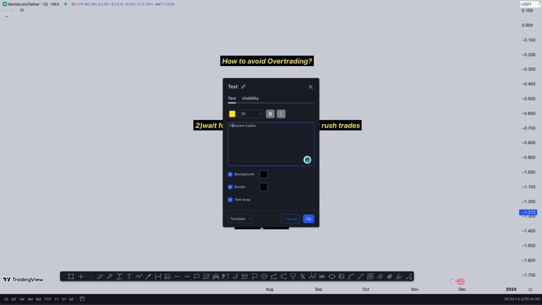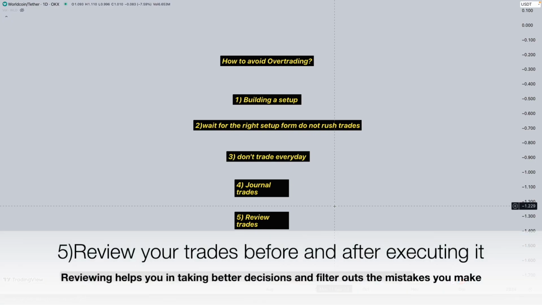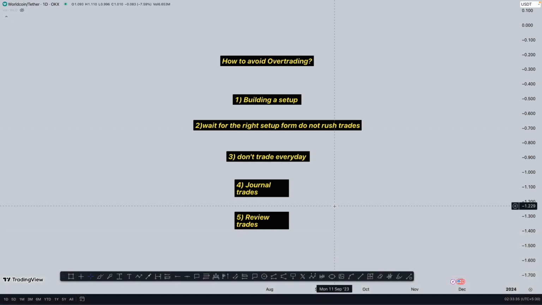Was I just FOMOing in? I'm sorry for that. Whether you were just running after the FOMO part, or were you even finding the correct setup, what you usually look out for in your setup. At the same time, you even need to understand, when you review your trades, that your winners were a little short compared to the trades which incurred your loss. What does this depict?